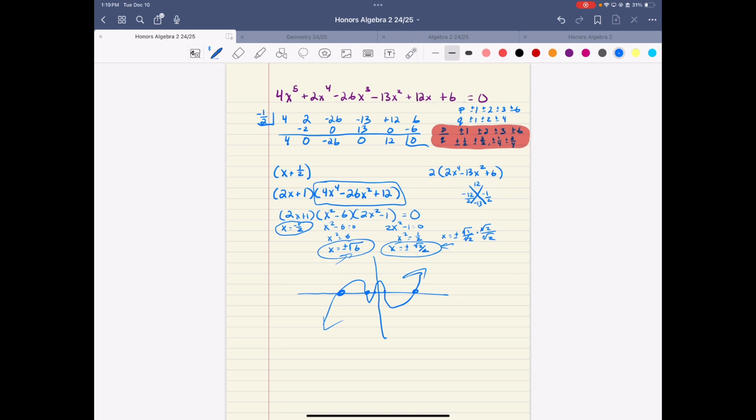So graphing polynomials, factoring, finding zeros when the leading coefficient isn't 1. Not the easiest material that we've done all year,